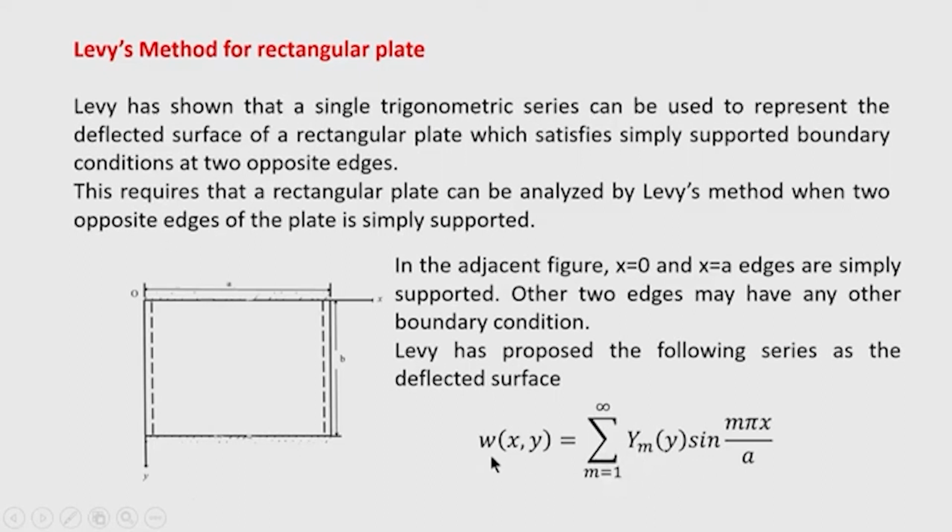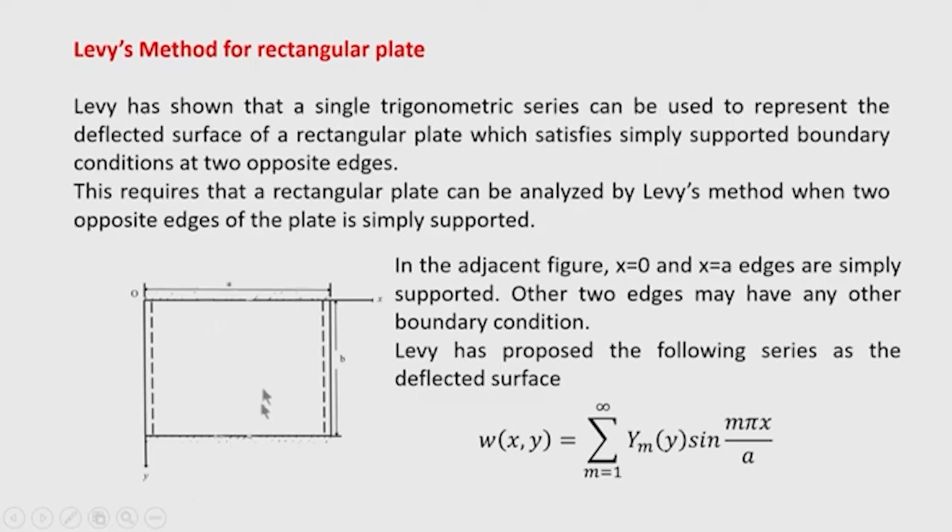That means, when I expand the series, it will be Y_1 sin(pi x by a) plus Y_2 sin(2 pi x by a) plus Y_3 sin(3 pi x by a), like that it will go. So, the function Y_m has to be evaluated, because this is still unknown,